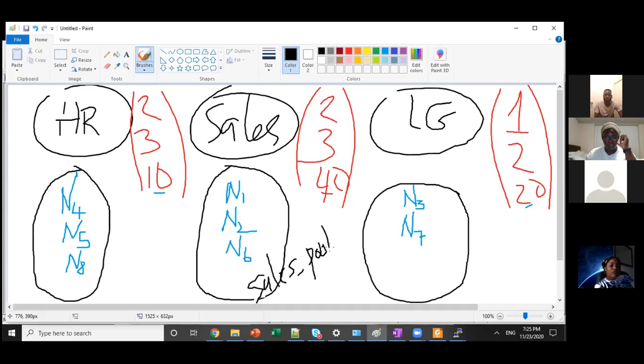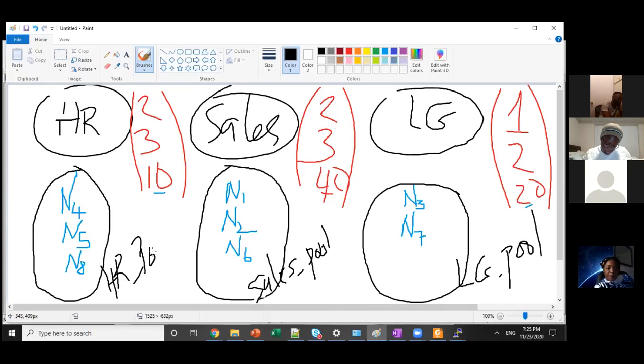It was already created before, right? So you created sales pool, you created logistic pool already, you created HR pool already. Okay, so when you select this pool at the database creation level, sales pool, for instance, it means that database will be running only on the nodes that are present on this pool, only on those nodes. It means that if, for instance, for any reason, node 1 moves out of this pool and